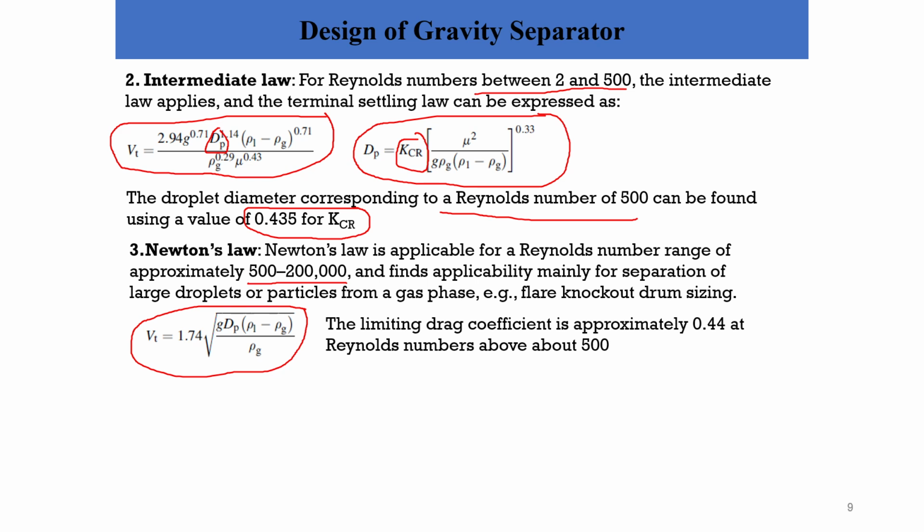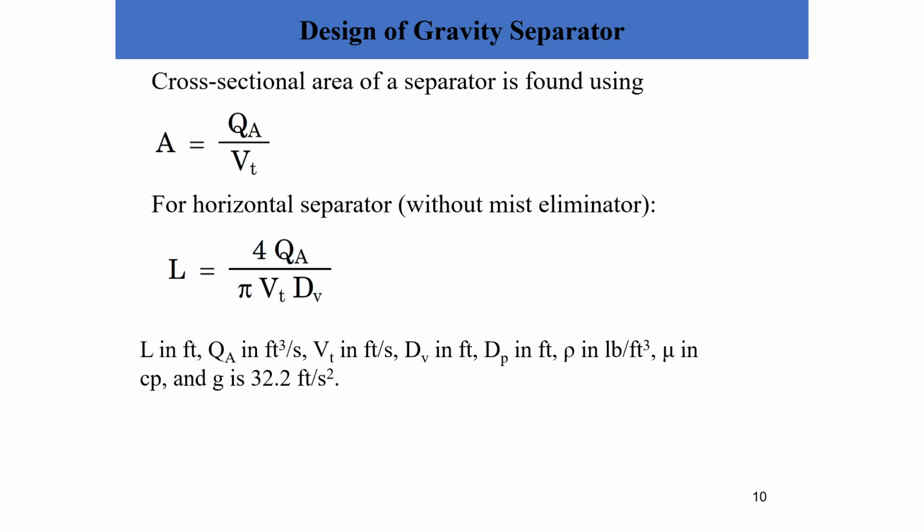And normally this formula will be applied in case you have a large droplet or large dB, and normally you will get a drag coefficient of approximately 0.44 if you have a Reynolds number greater than 500. This means that if I find Vt, or the critical velocity, I can simply find the cross-sectional area of the separator that I'm looking for, where cross-sectional area will be QA, which is the flow rate of the gas, for example, divided by the